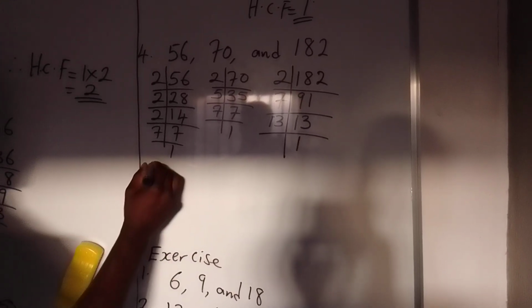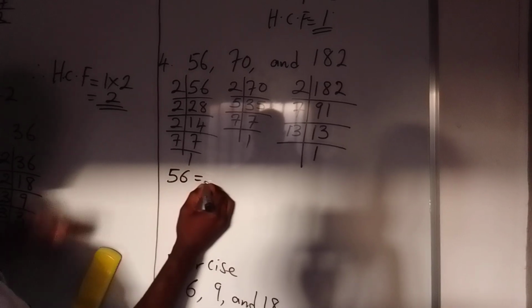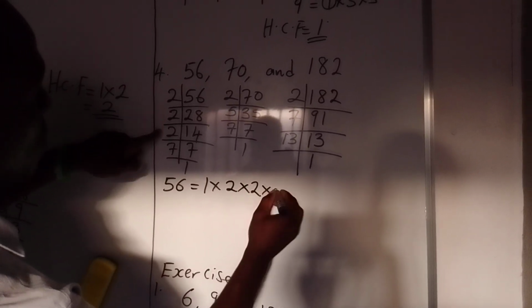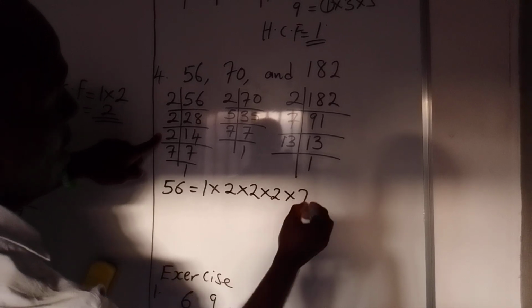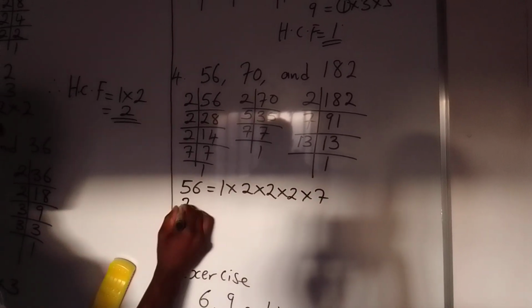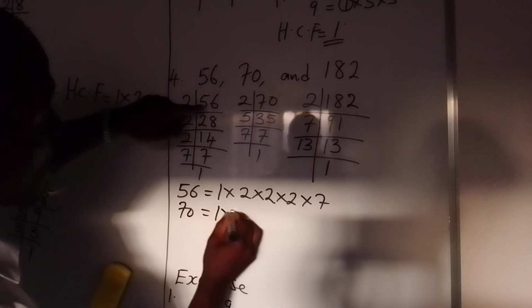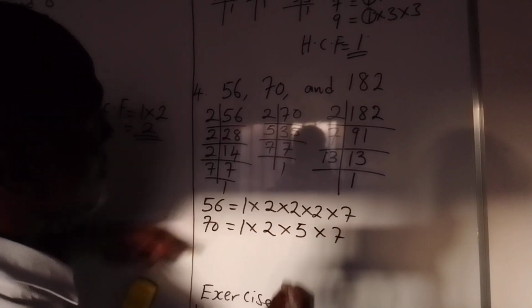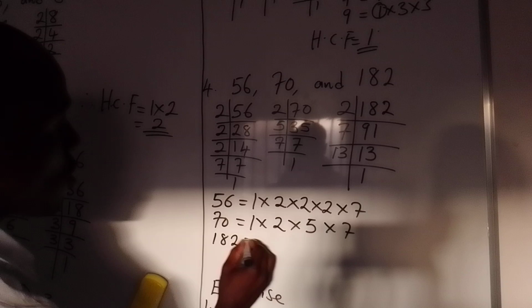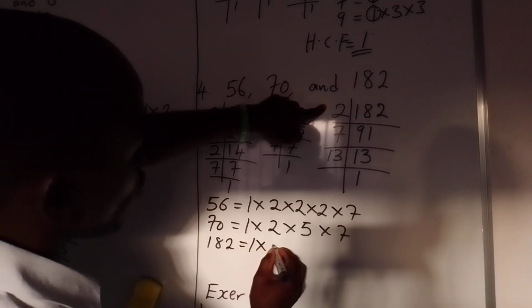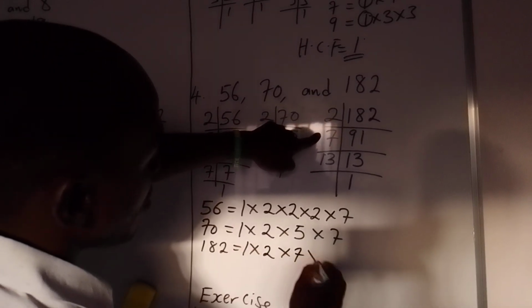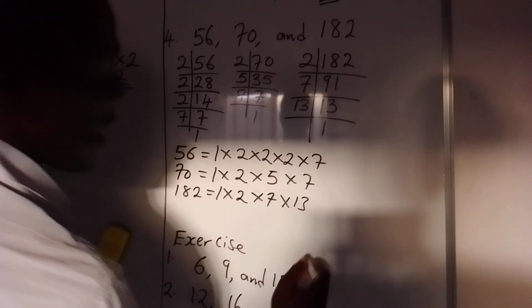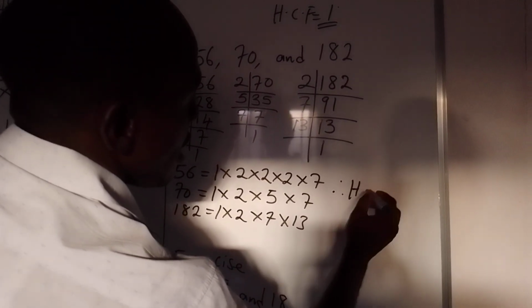So for 56, we have 1 multiplied by 2, multiplied by 2, multiplied by 2, multiplied by 7. For 70, we have 1 multiplied by 2, multiplied by 5, multiplied by 7. For 182, 1 multiplied by 2, multiplied by 7, multiplied by 13. Okay, our HCF, therefore, HCF,